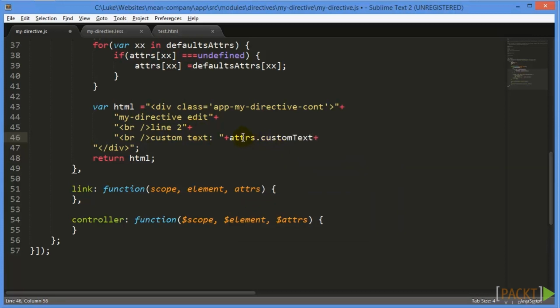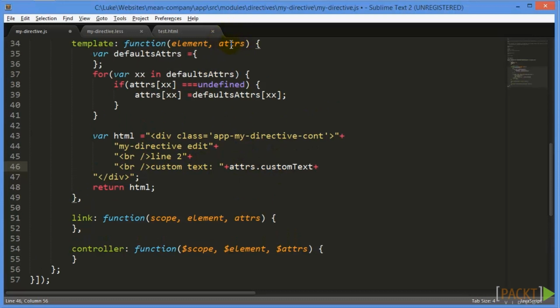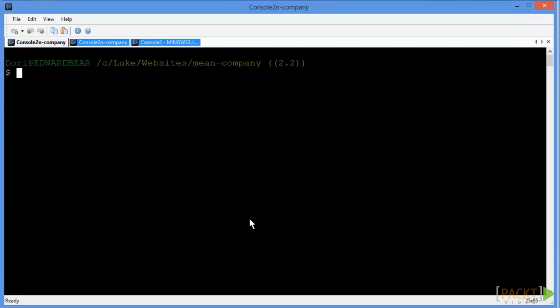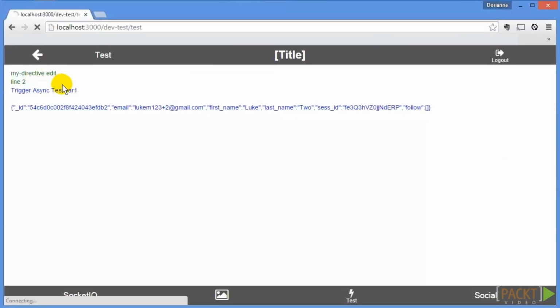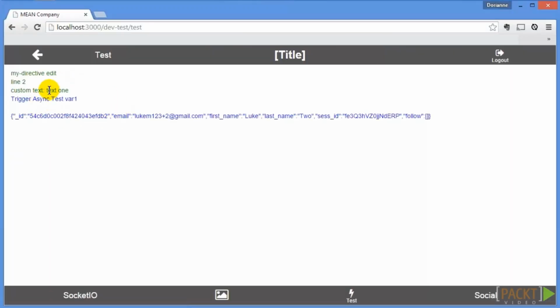And it's always just going to be ATTRS. It's whatever you pass in here as the attribute, and then the camel case version of whatever we passed in. So if we save that file and we rerun grunt, we should then see that now we have custom text in our HTML. So if we go to our browser, we refresh, we can see we have this text1 that